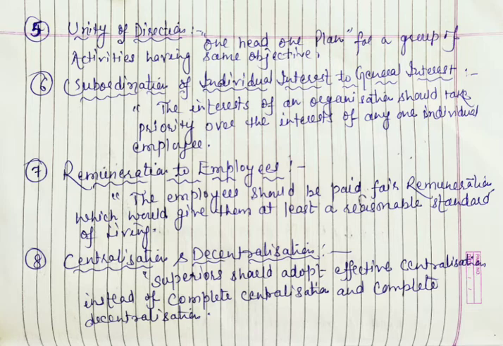In another situation, an individual employee may demand some concession which is not admissible to any other employee, like working for less time. So in all situations, the interest of the company will supersede the interest of any one individual. This is because the larger interest of the workers and the interested parties of business is more important than the interest of a single person.